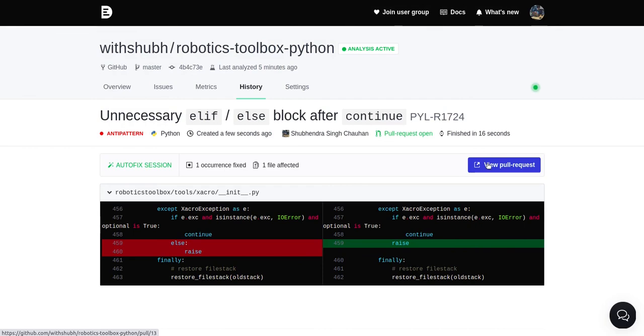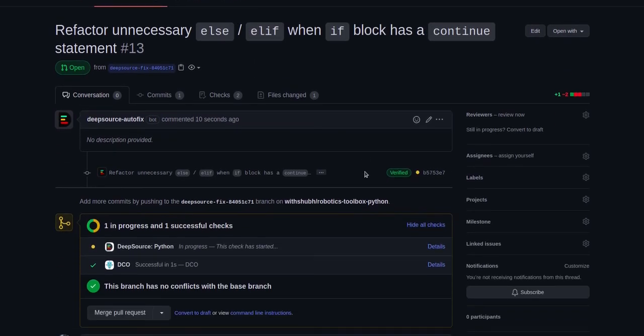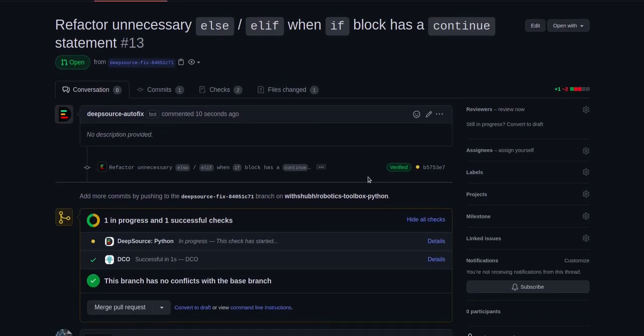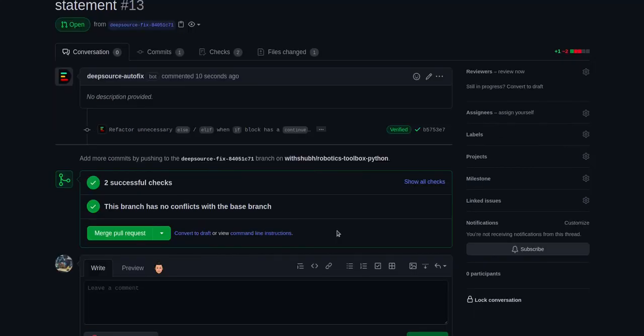DeepSource has created a pull request for us. So let's have a look at that. As you can see, DeepSource will now continuously scan for any changes made in the repo. We can wait for the checks to pass or we can simply merge the PR. That's it. The checks have been passed and we can now merge the